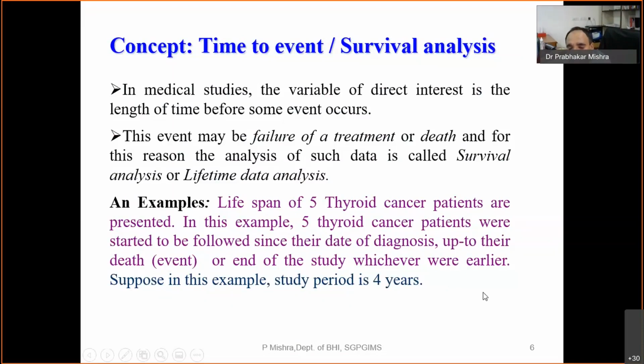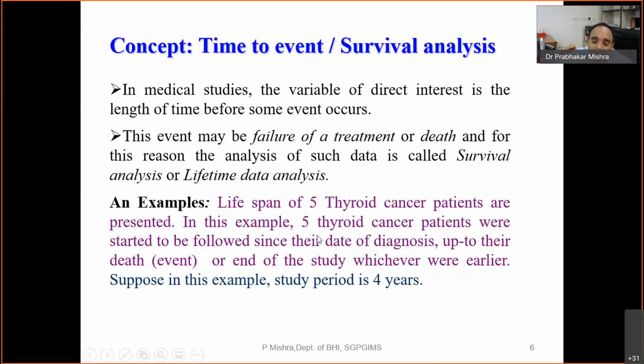Usually in academic research, or any other research also, there is a particular time duration, because for a thesis or research paper we can't wait 10, 15, or 20 years. So usually our study period is 1 year or 2 years. First we have to decide the study period. Then during the study period, any patient who fulfills the inclusion criteria and is eligible can be included at any time throughout the study period in the survival analysis.